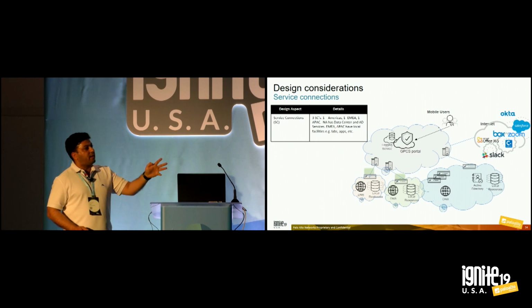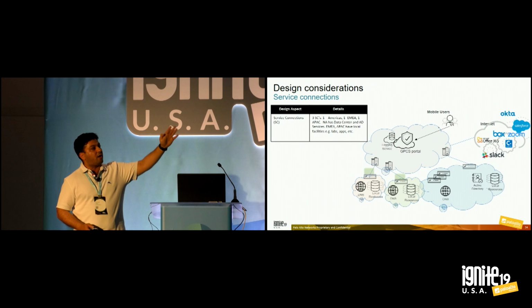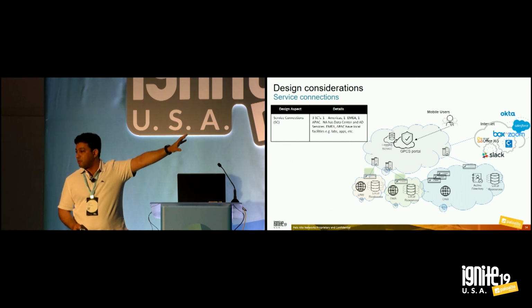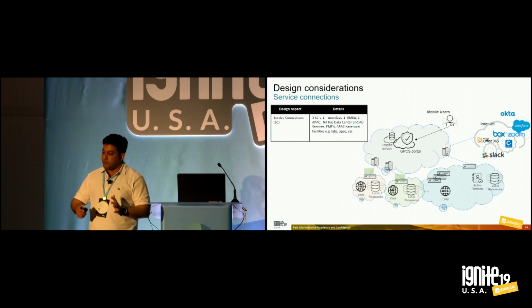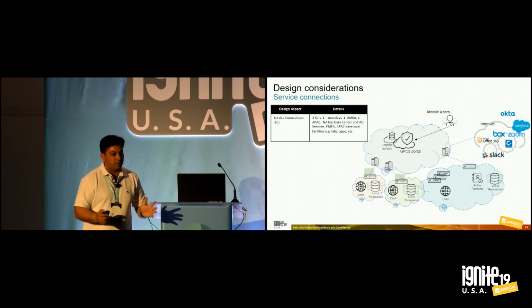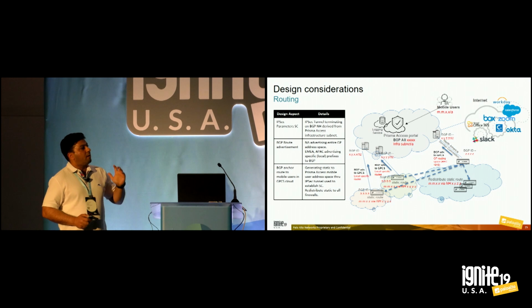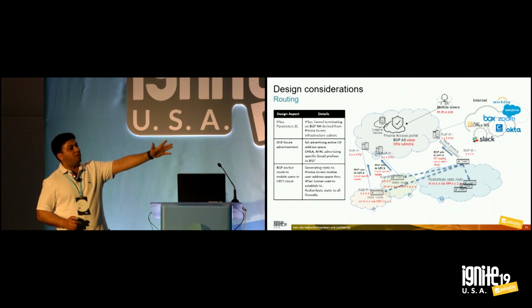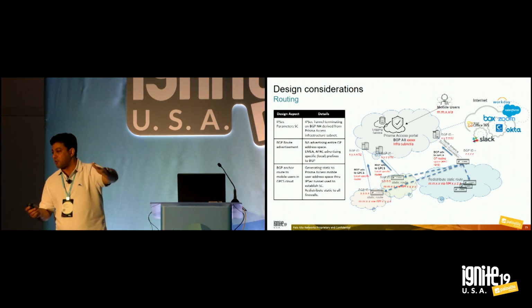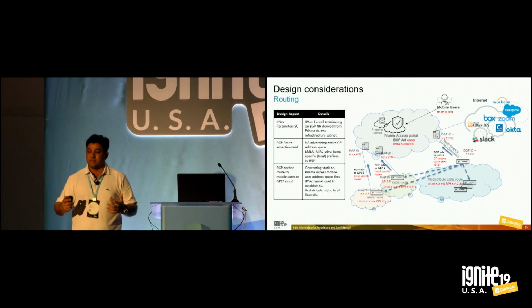So what we decided is to basically go with 3 service connections and make sure that our mobile users, globally, can access the services worldwide. Plus, if they're in a certain region and they want to access those applications, they can access those as well. So what we did is we used BGP for building our service connections, and that's one of the options. A simpler option is static route, but since we've been using BGP across our network pretty much as a standard,